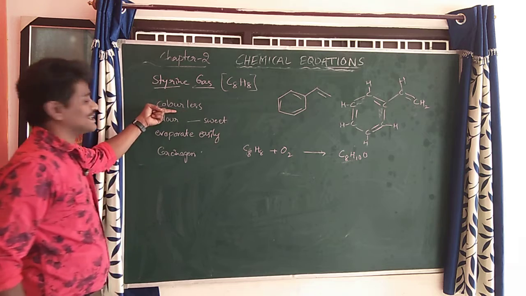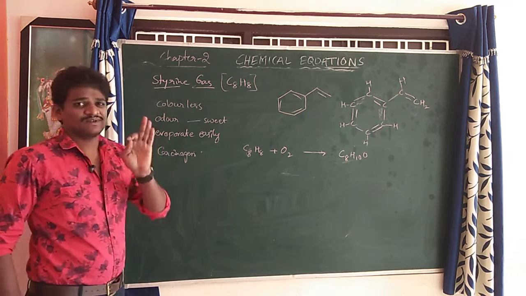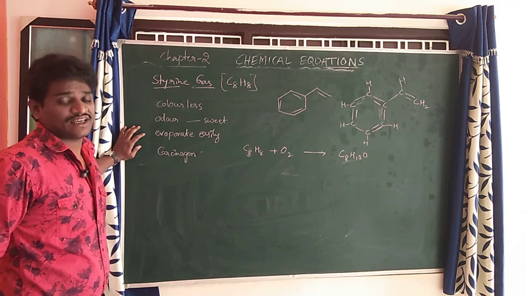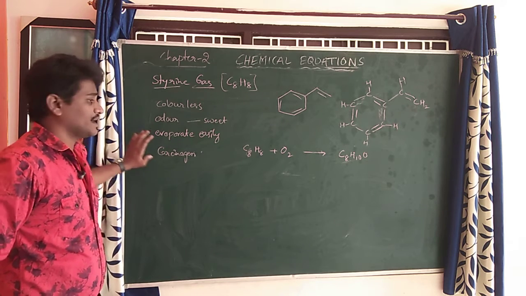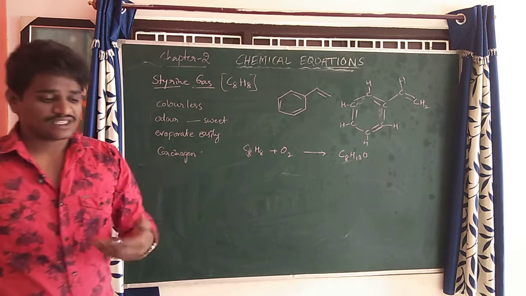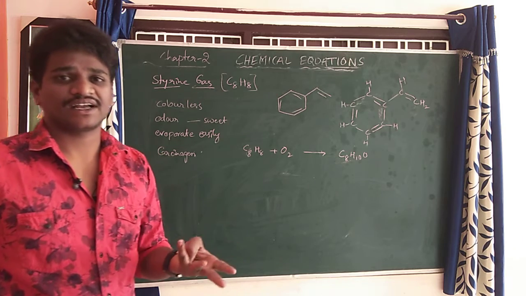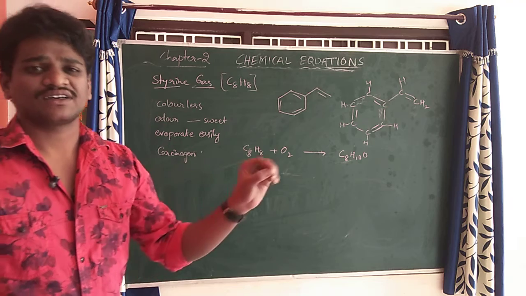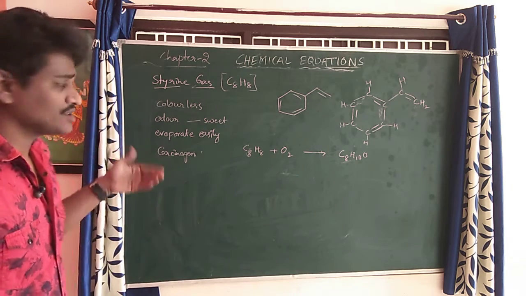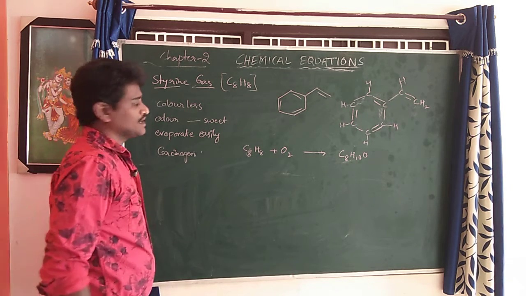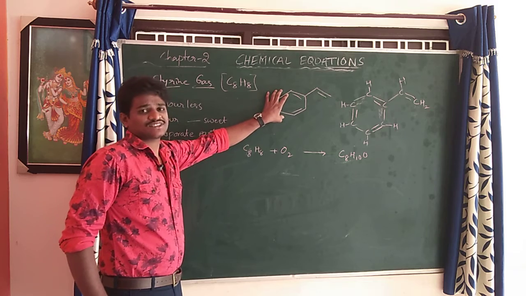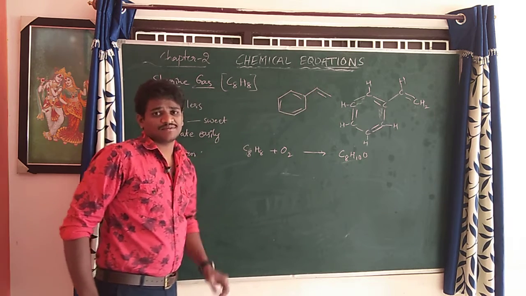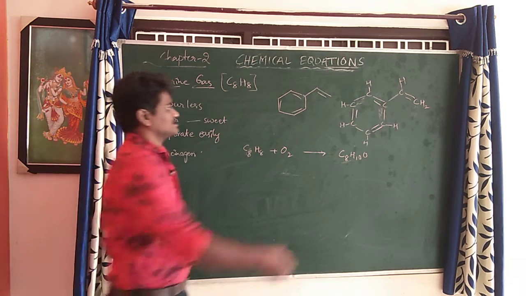It is a colorless gas, but the odor is sweet in smell. Next, it evaporates easily, is a highly reactive chemical, and is a carcinogen. Due to this, nervous breakdown, headache, vomiting, and eye infections will occur. Long-term infections will be caused by the action of styrene gas. So this is the chemical structure of styrene gas. There is a benzene group. To this, ethene is added. So this is the chemical structure.